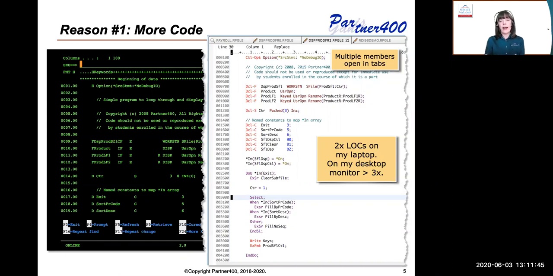I actually have this picture on the right-hand side taken at the same resolution you're going to be seeing in the demonstration. Even at that level, you can see that it's more than twice the lines of code that I can see in SEU. In SEU, I could take the function keys off the bottom if I want, maybe get, I don't know how many more lines, 3, 4, 5 maybe,